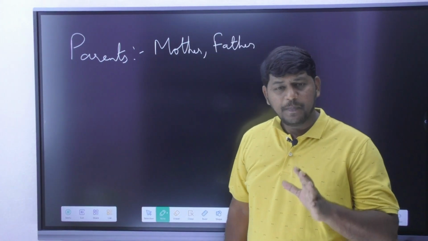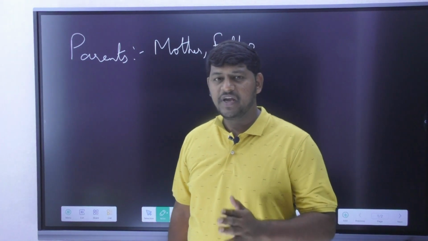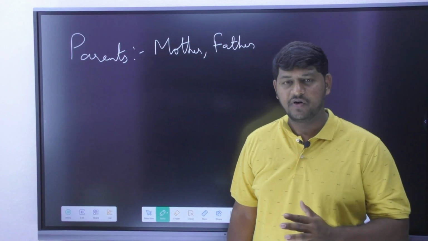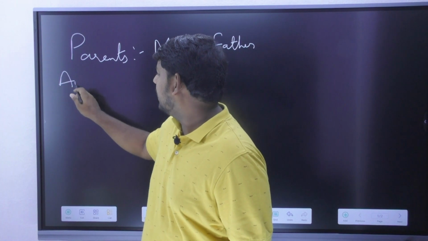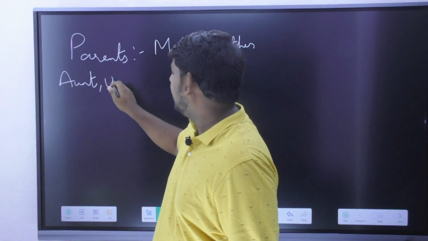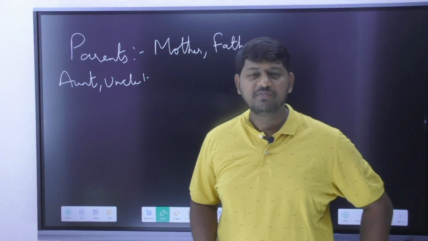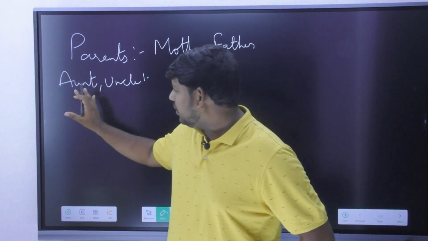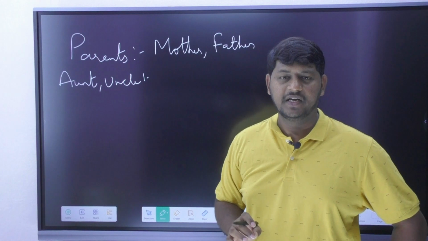Now let me also ask you one more important question. In the parents' generation we have some other people, but we are never going to call them our parents. We are going to call them what? Your aunt and uncle. These two people also stay in the same generation as your parents. Am I correct? Now whom do you call aunt and whom do you call uncle? This is what you need to learn from this particular topic.